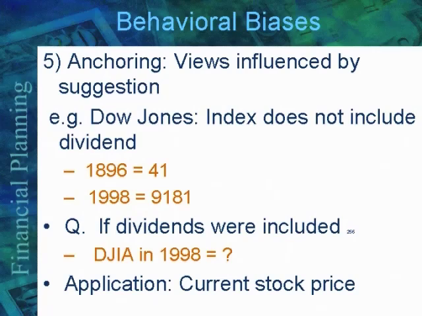That's what the Dow Jones would have been in 1998. 652K if dividends had been reapplied. Now the point being that we are anchored to the number we see, and anchoring is a big issue in negotiating prices. So in mergers and acquisitions, any form of negotiations on money, anchoring is big.